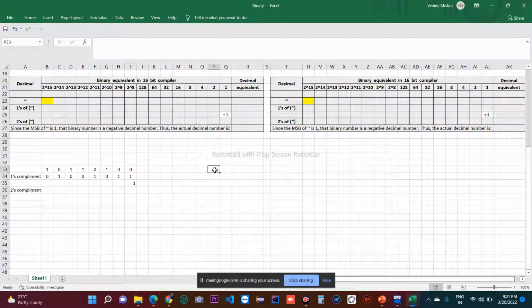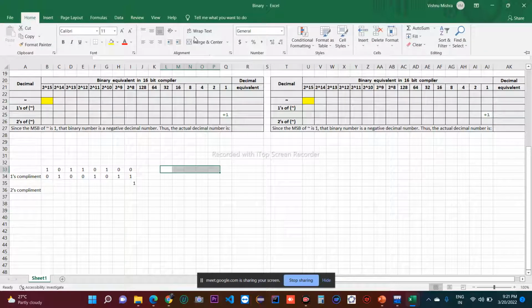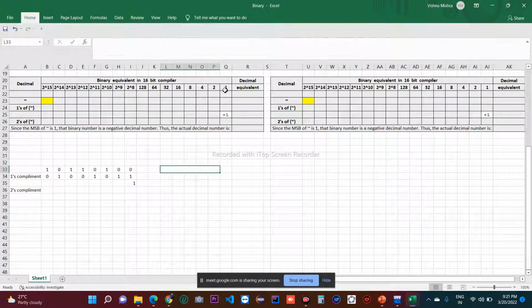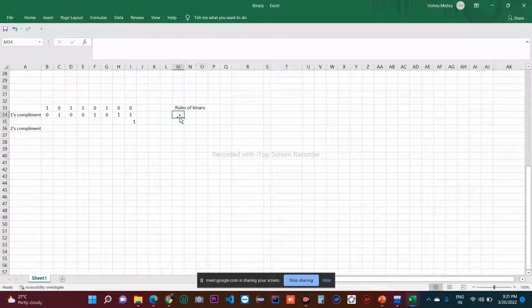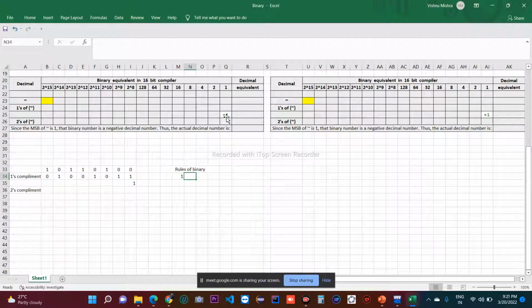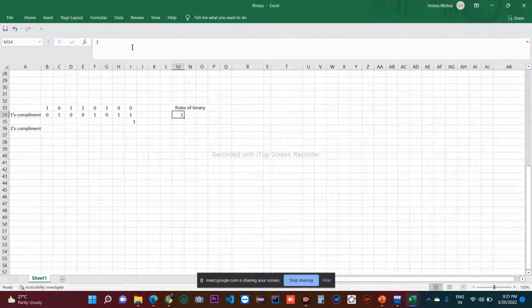Okay, let me tell you first the rules of arithmetic. No, 1 plus 1 is not 1. Rules of binary. There are some rules of binary. तो यहाँ मैं बता देता हूँ बाइनरी रूल्स. ठीक है,